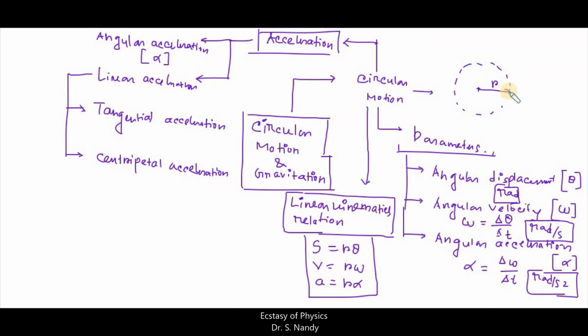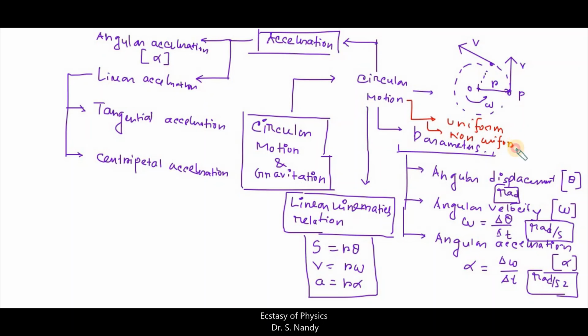For tangential acceleration, let's say the object P is revolving in a circular path with angular velocity omega, and O represents the center of the circle. The tangential velocity can be represented by V. Once it reaches different locations, it has different directions of tangential velocity. So the direction of the tangential velocity changes in circular motion. Generally there are two types of circular motion: uniform circular motion and non-uniform circular motion.